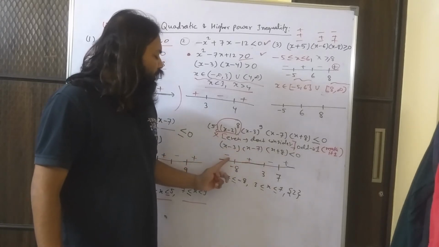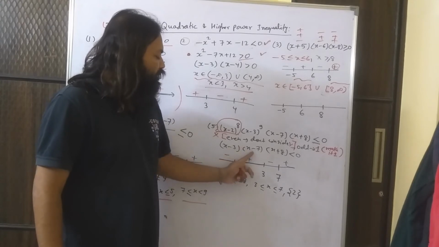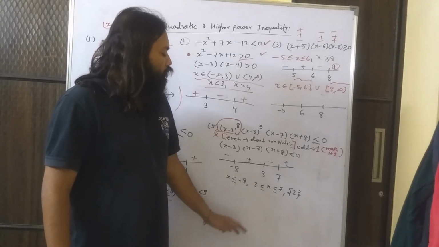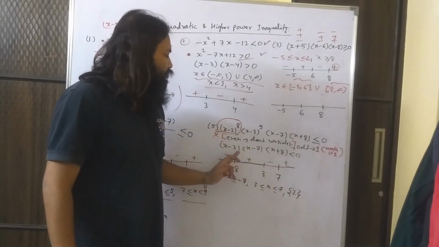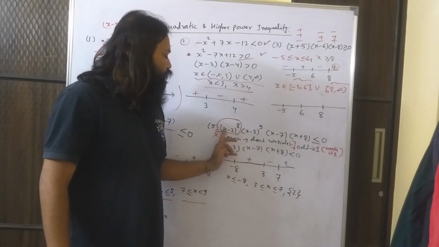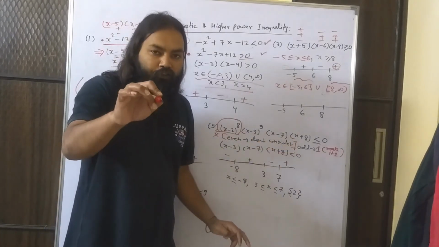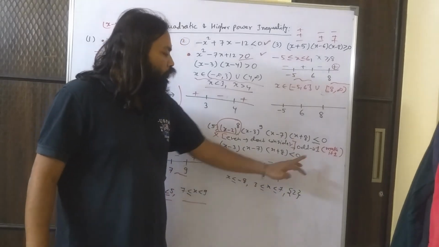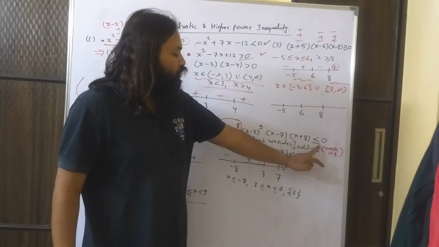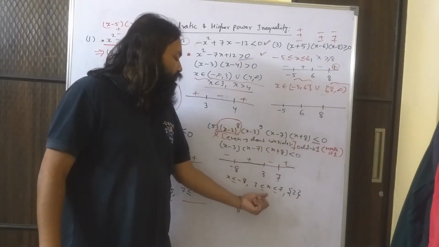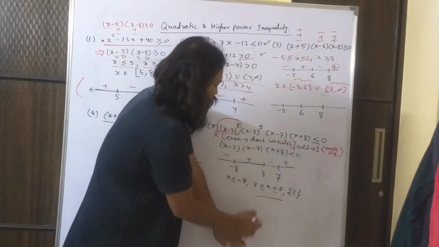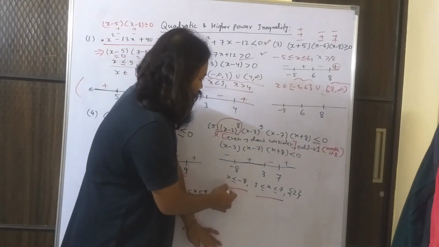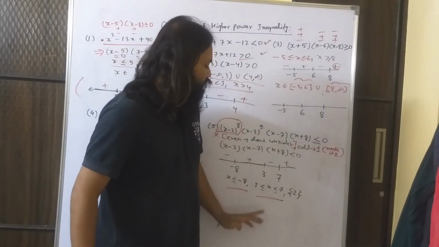Now again this question becomes, you have to consider plus 3, plus 7 and minus 8. And on the number line I'll take minus 8, 3 and 7. And from the right hand side, I will start writing, because all the terms are plus, plus, plus, plus. The coefficient of x is plus. Then I can begin with plus, plus, minus, plus, minus. Now which is the important region for me? Less than equal to 0. So I want the negative part. So x is between 3 and 7, and x is less than equal to minus 8. Now because equal to sign is there, I am also taking equal to sign.